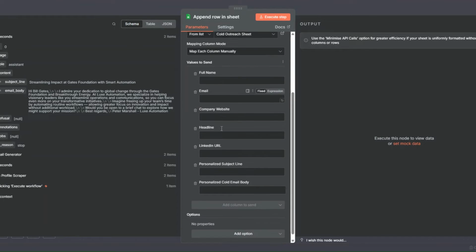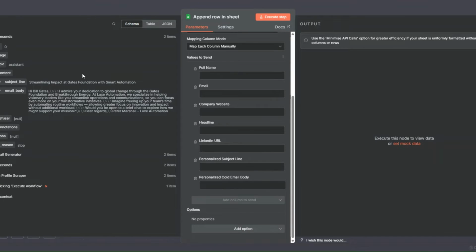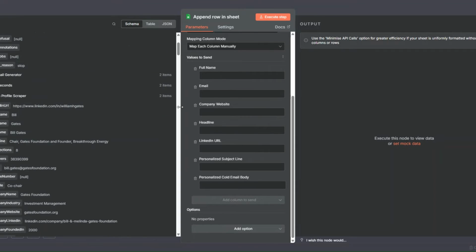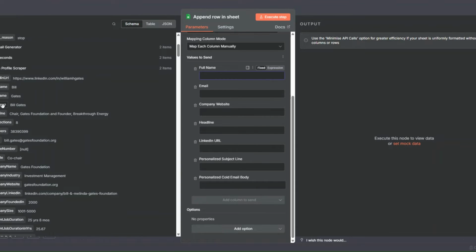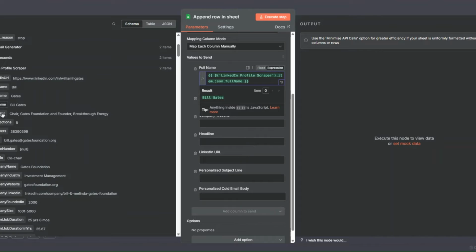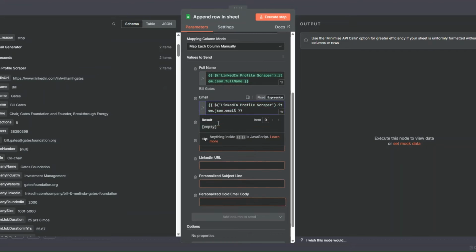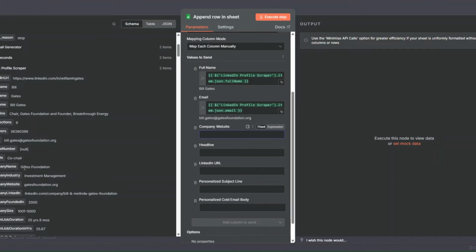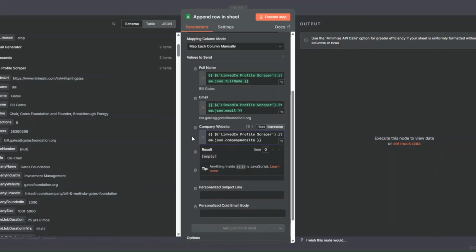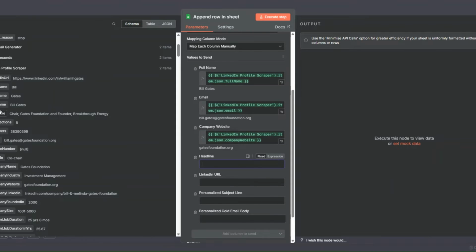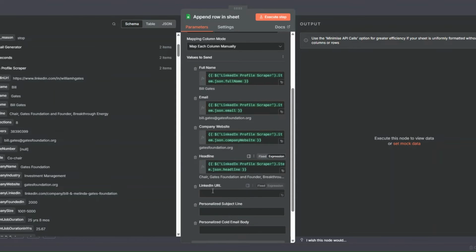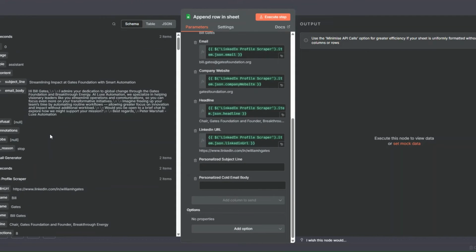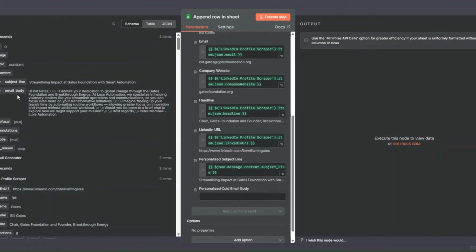And then here we're going to map values to our columns in our spreadsheet with the data that we scraped using Apify. So for their full name, we're going to add their full name right here. For their email, we're going to add their email right here. For their company website, we're going to map their company website right here. For the headline, we're going to drag the headline right here. LinkedIn URL, we're going to map the LinkedIn URL right here. Now for the personalized subject line and the personalized email, I'm going to map it over here,